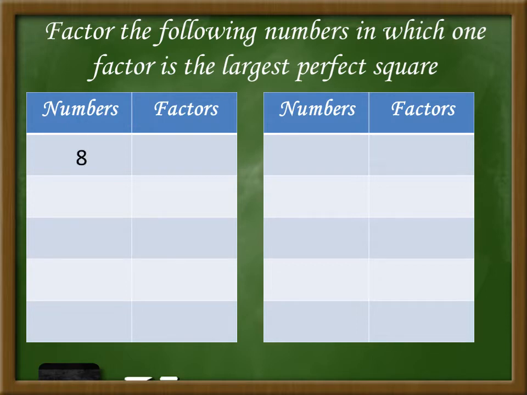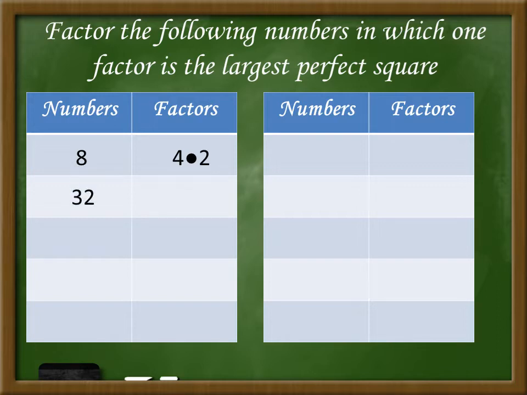The first number is 8. So what are the factors of 8 wherein the first factor is the largest perfect square to get the product of 8? So what are the factors? You have 4 times 2. So your 4 there is the largest perfect square. By multiplying the largest perfect square times 2, you will get 8. So the factors of 8 is 4 times 2. Next number,